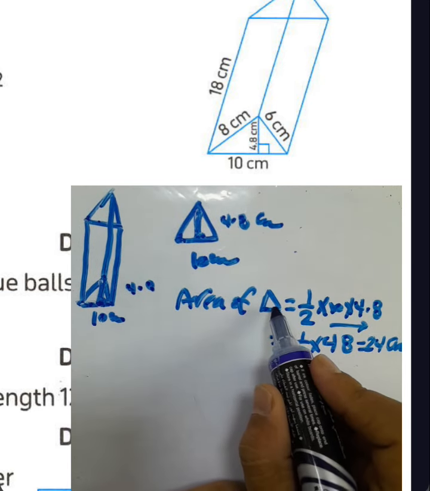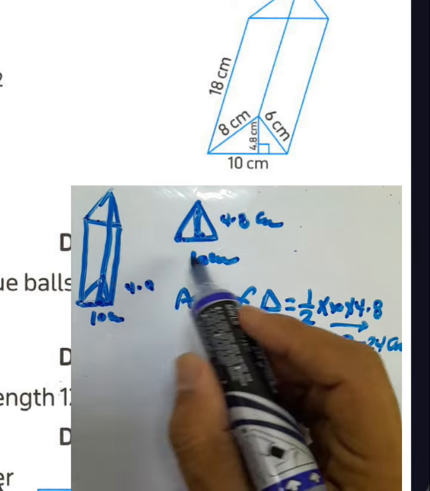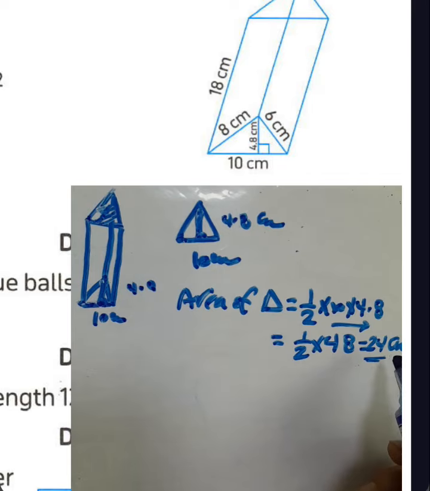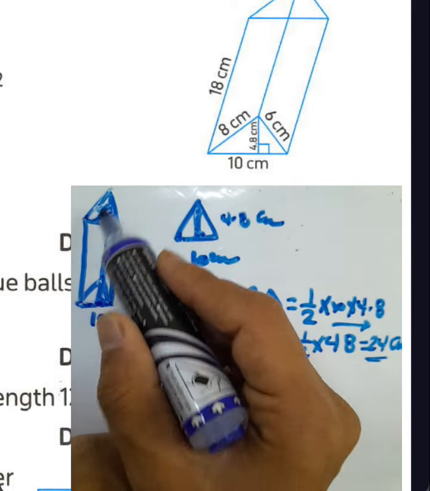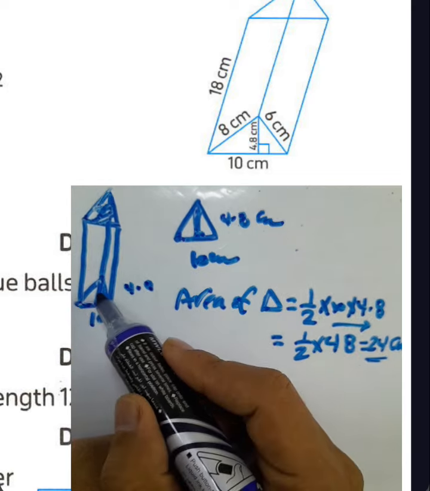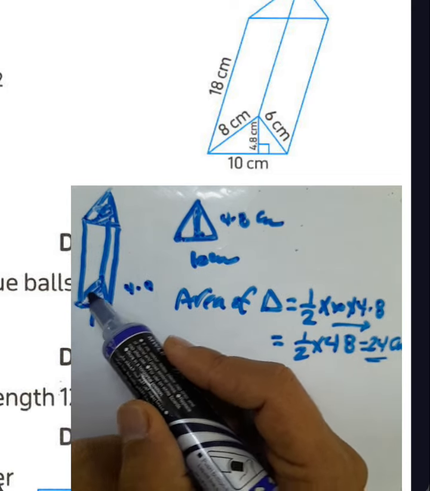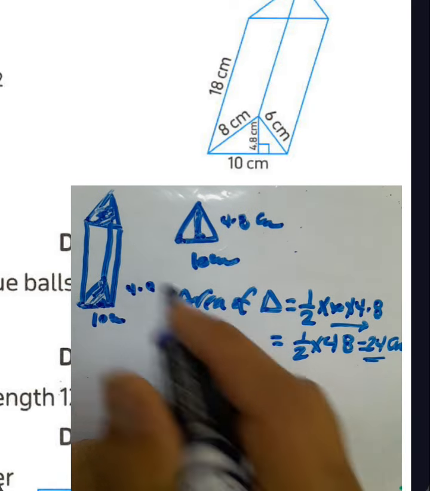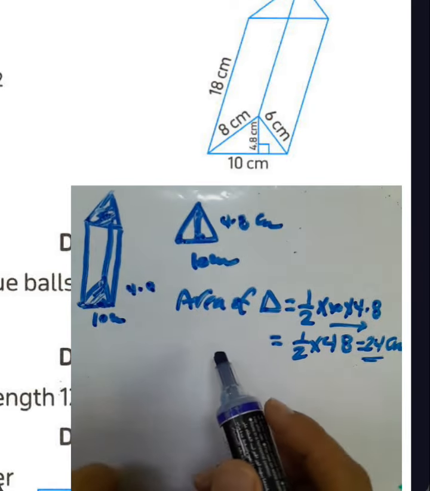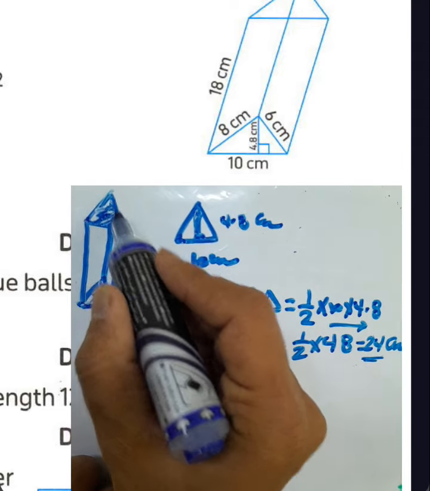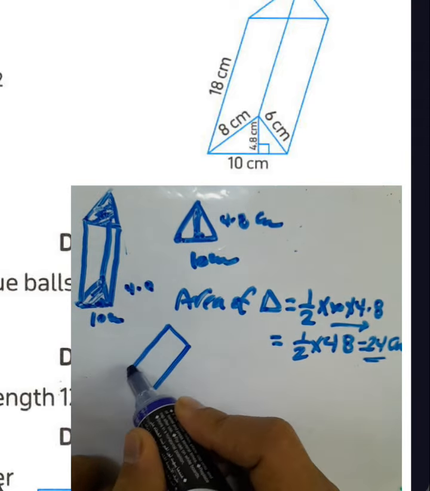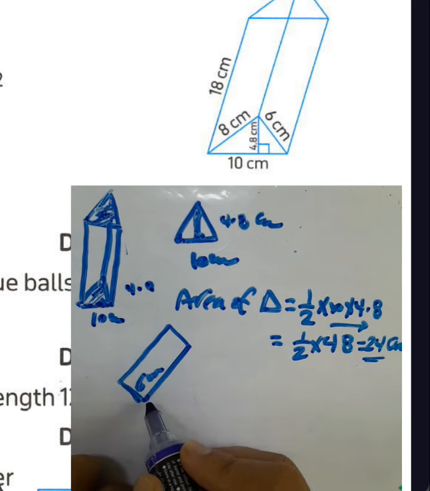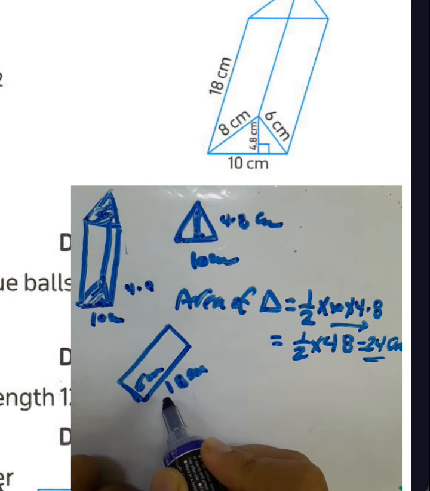It's the area of the triangle, and the area of the other triangle here will be exactly 24 square centimeters, because the two triangles here are congruent. Then the area of the triangle in the base equals the area of the triangle on top. Okay, we have 24, and the area of this triangle 24 again. And what about this rectangle here? Its dimensions: we have 6 centimeters, the width, and the length here was 18 centimeters. And another